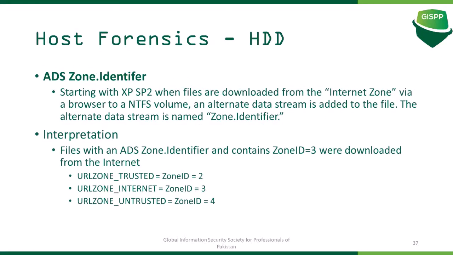Coming to hard drive forensics, zone identifier. Usually in most cases, whenever an attack happens, a file or payload is downloaded from outside or from the internet. So Windows 10 has a very good artifact. You can find it in the MFT layer also. There is also a particular tool, it slipped my mind, that I utilized 2-3 months before for collecting the zone ID. You can launch it through CMD, or even remotely through an EDR solution. If the zone ID is 3, it means that a particular file was downloaded from the internet.